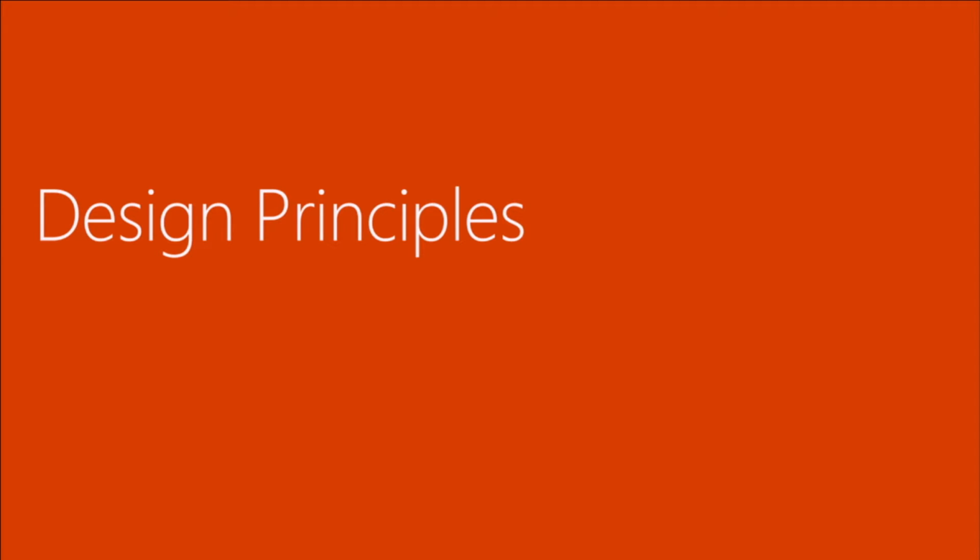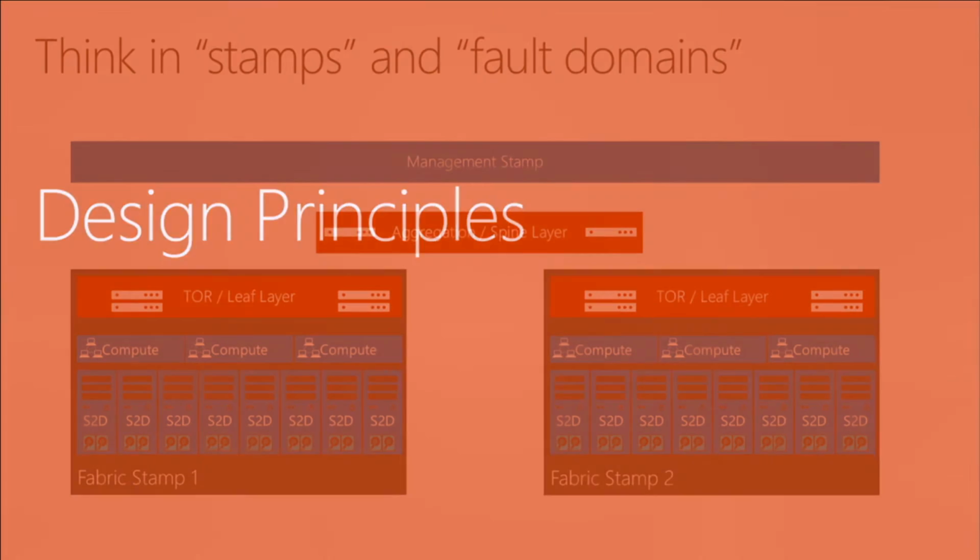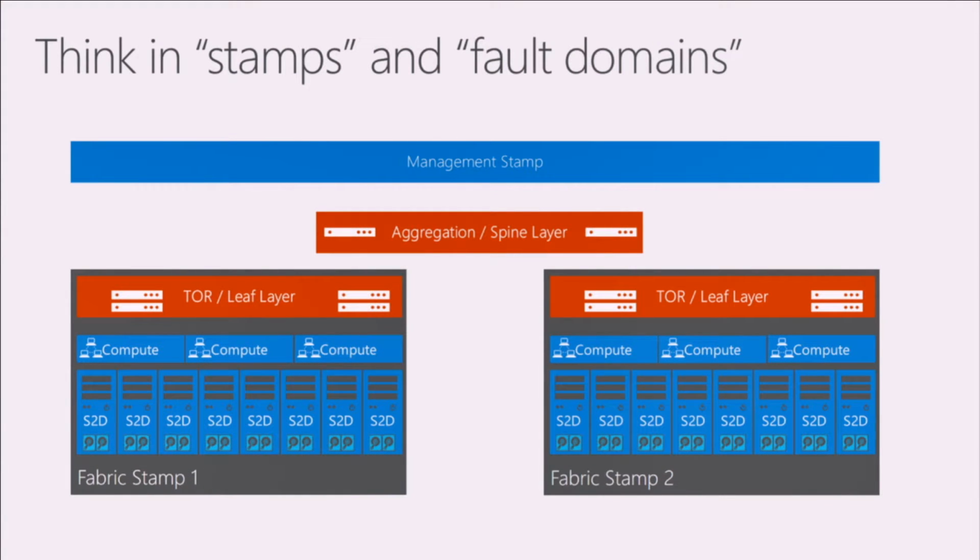If we look at how to design a software-defined data center, not the only rule, but one rule of thumb is think in stamps. So you have a certain layer of power with your compute nodes, with your storage, with your scale unit, let's say like that. So just create a fabric stamp with some certain amount of storage and compute nodes and multiply it. Don't try to create a cluster with 64 nodes. Try to go to the max with your storage as long as you don't need that. Just create stamps